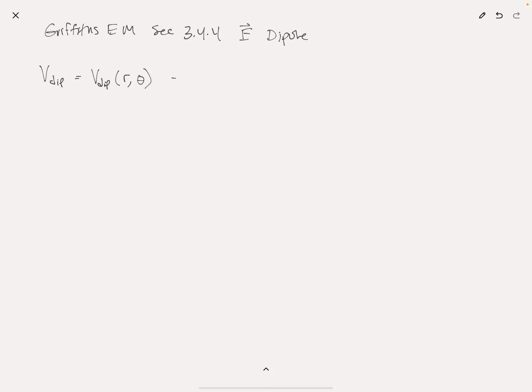That being 1 over 4 pi epsilon naught, the direction that I'm looking to evaluate my field, dotted with my dipole moment over the distance that I am away. So in general, I have some dipole that's pointed in some direction, has some moment, and I want to evaluate my field at some point. So I have this vector that points from the center of my dipole to the point I want to evaluate